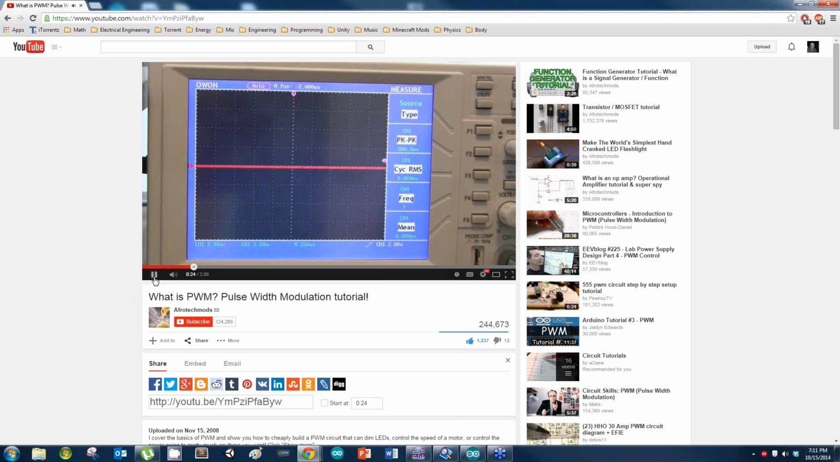You have 10 volts being switched on and off. Right now you can see that the waveform is 10 volts half the time and 0 volts half the time. Since it's 50-50, we say that